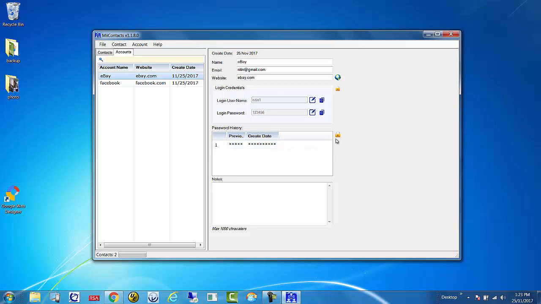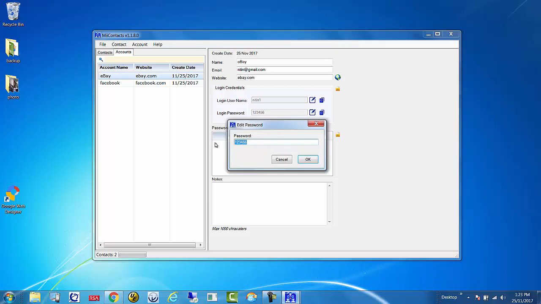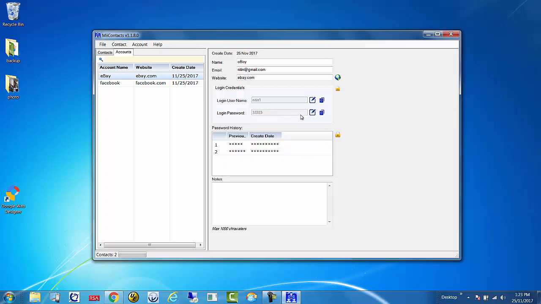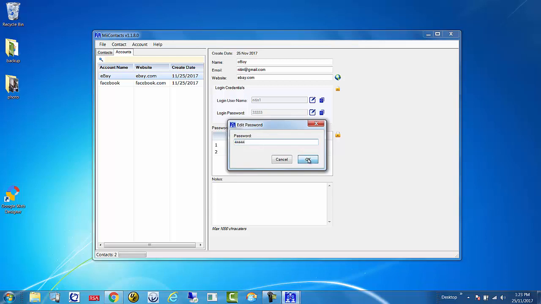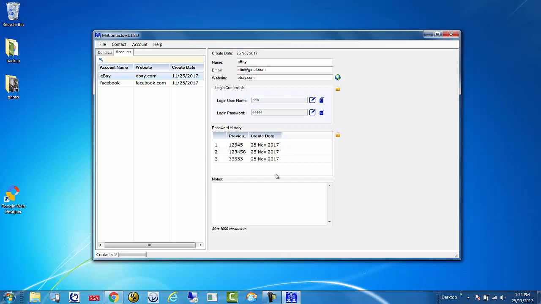And if you want to see the entries, you can once again click on the lock icon to unlock it. It will tell you what your previous password was and what date that password was created. Okay, and it just tracks. So for example, let's say we change this to another password, and we change it again to another password. You can basically see that we started with this, then we went here, then we went here, and now we're on this one, right? These icons will just give you a really convenient way to copy this to the clipboard,